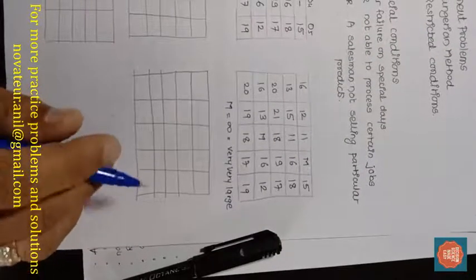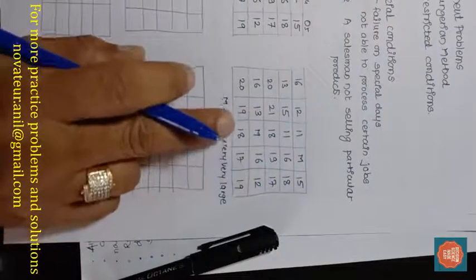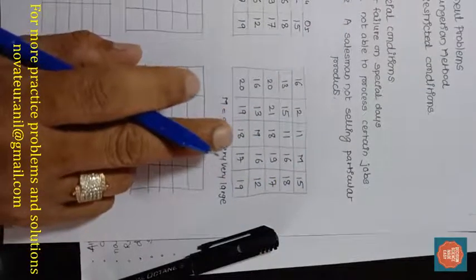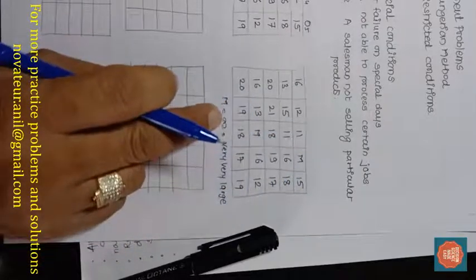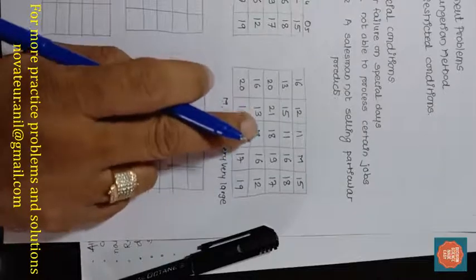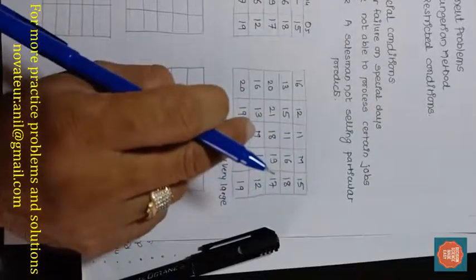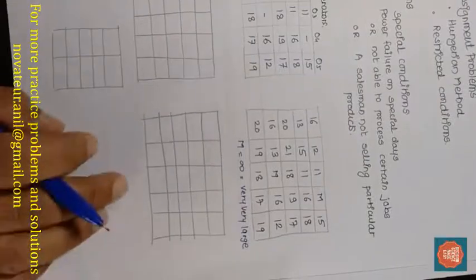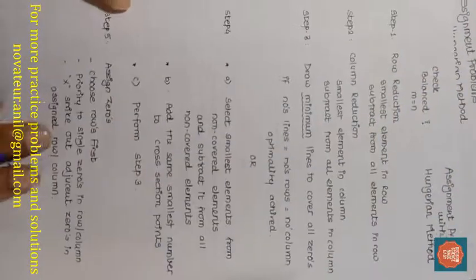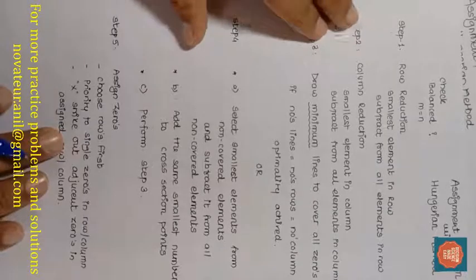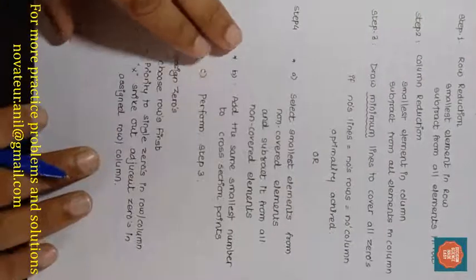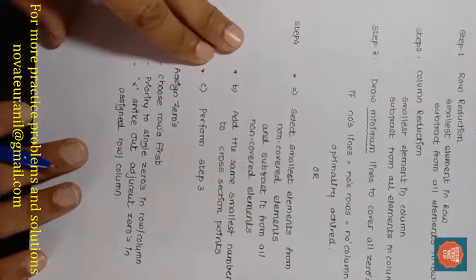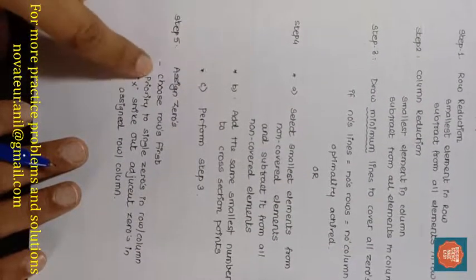Whenever such a situation is given, we have to read the problem carefully, and whatever the restriction cases are, I am going to put M or infinity. I find M a more suitable thing, so I can write down M at those restricted places, and the rest is very simple. We have to follow these steps. Step 1 is row reduction, then column reduction. Draw straight lines, check whether the number of lines is equal to the number of rows and columns, and assign the zeros. So I'm going to solve this further.